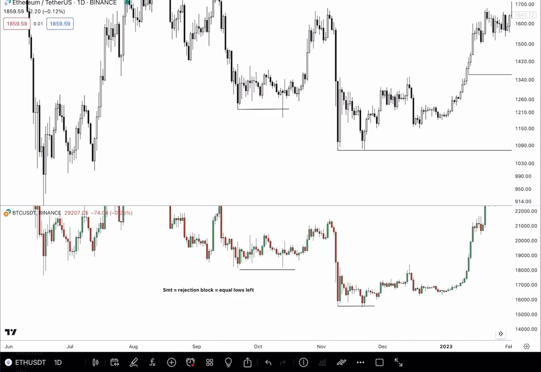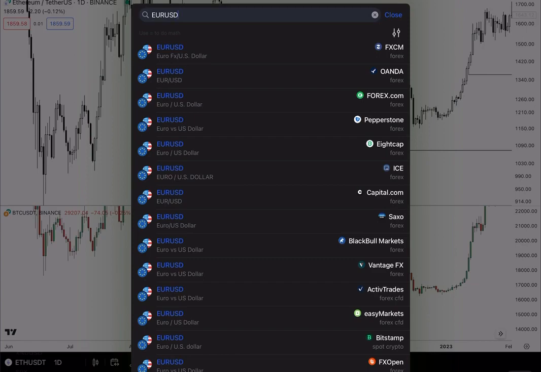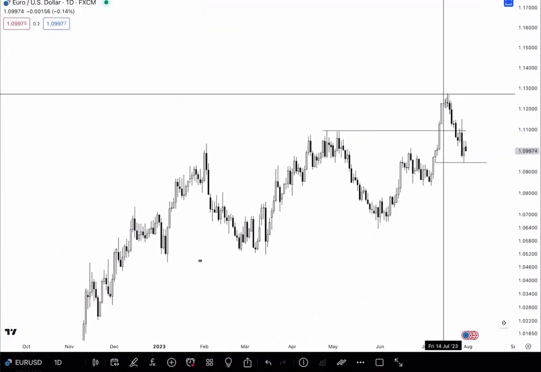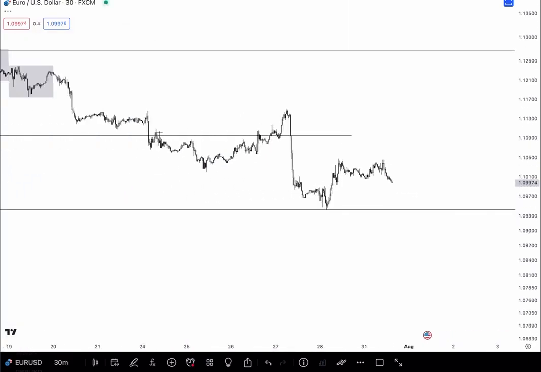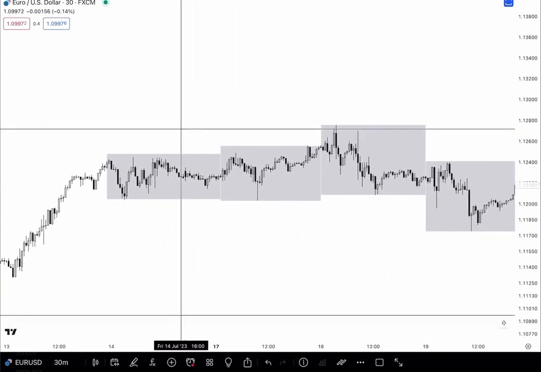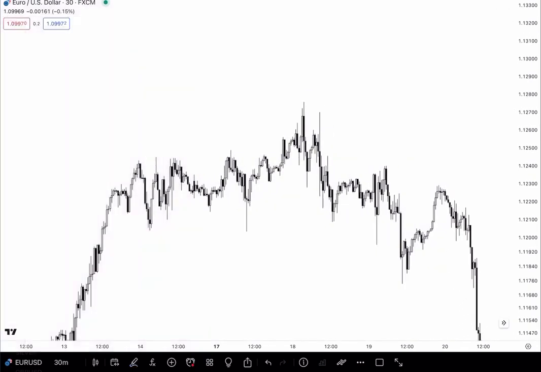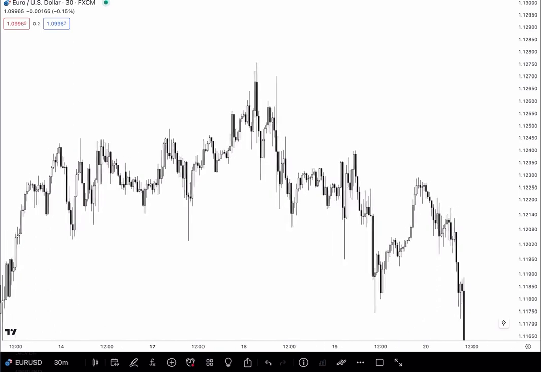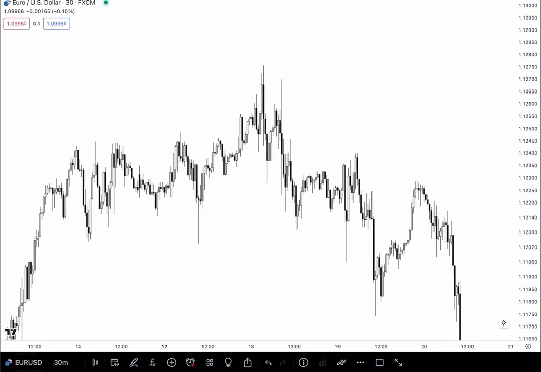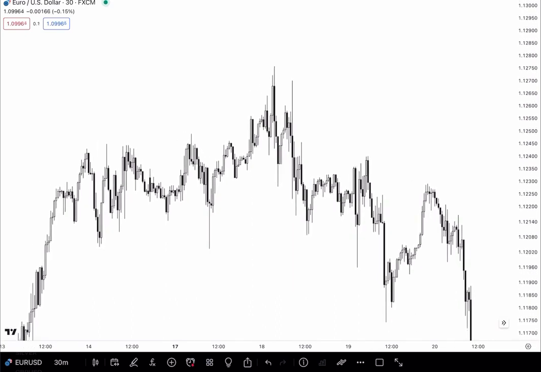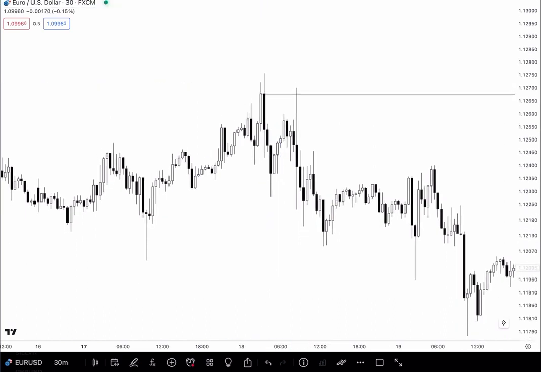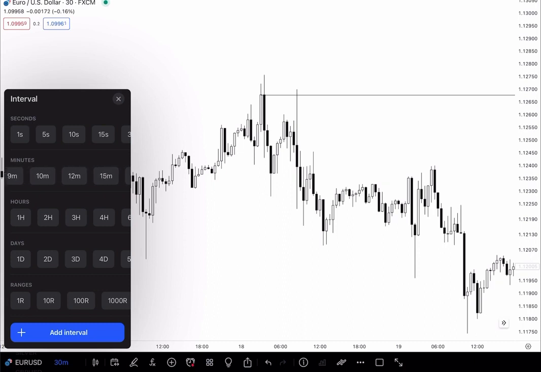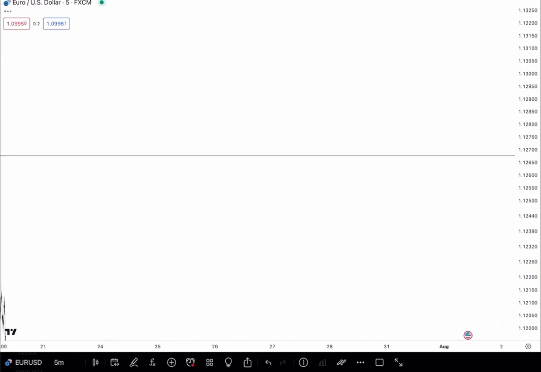But that's the idea. And speaking, one last touch on rejection blocks is as follows. Euro USD. My entry here was a rejection block. However, I'm pairing the rejection block as a higher time frame PD array, 30 minutes, right? Look at this beauty. 30 minutes. Expecting a swing point to form, which usually happens during week 2 and 3 of the month. Because time and price are both fractal. This rejection block, right, if I'm not mistaken, there was an SMT divergence at that high, which induced my entry using the good old technique of,